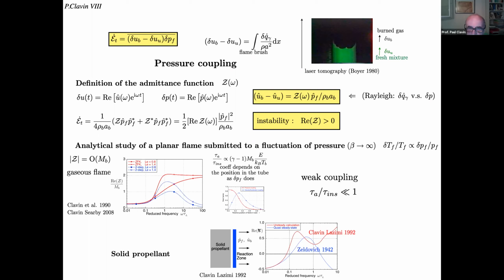And the admittance function that you can compute here depends strongly on the frequency, and it turns out that you are more unstable at high frequency. The shorter the tube, the more unstable, compared with a longer tube. And this has been used by Linian and another one to study the instability of real solid propellant,